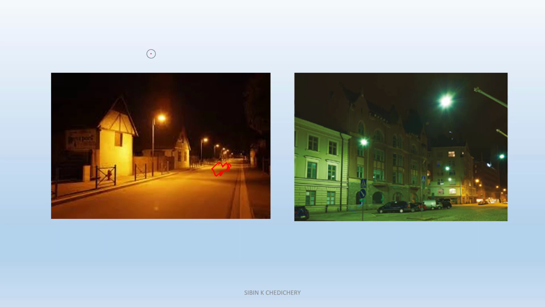It appears as a shade of yellow or black only. Just imagine, if you park a green vehicle here, can we identify its color? No. It will appear as a shade of yellow or black only. It may appear as black.